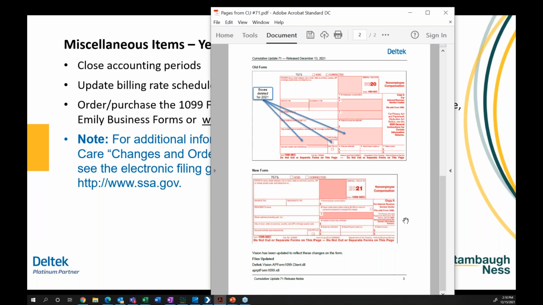Just a reminder to the payroll individuals, if you're running your Vision or Vantagepoint payroll, the tables, the CU updates will update your federal and state tables. It does not touch any local tax tables, and anything that's your state unemployment tax rate, which are employer driven, it does not change any of those percentages.